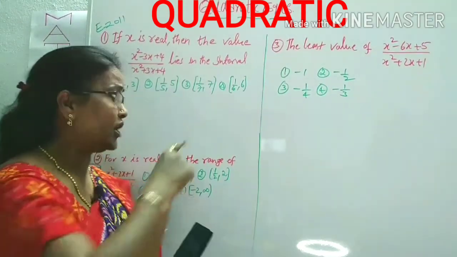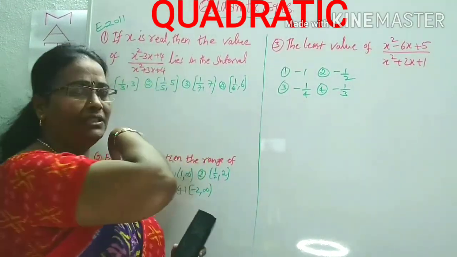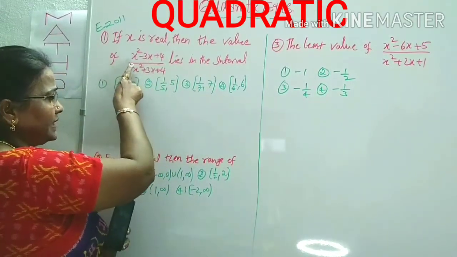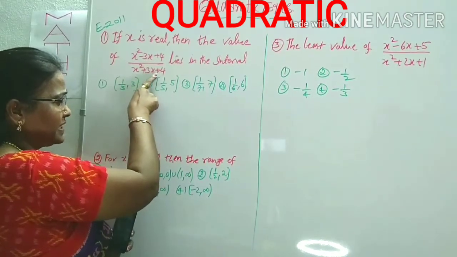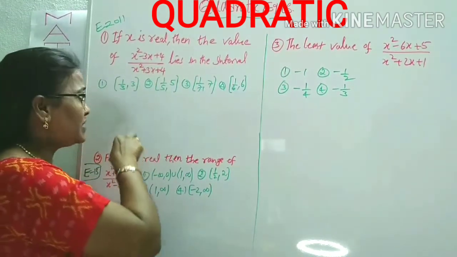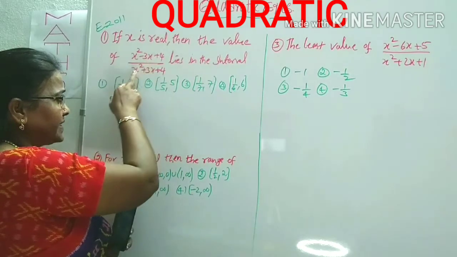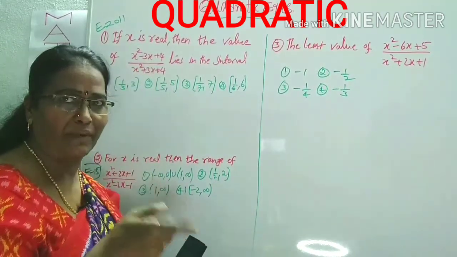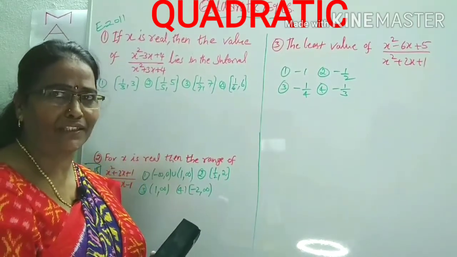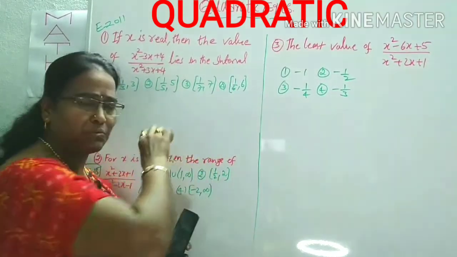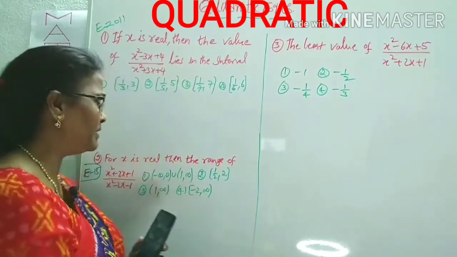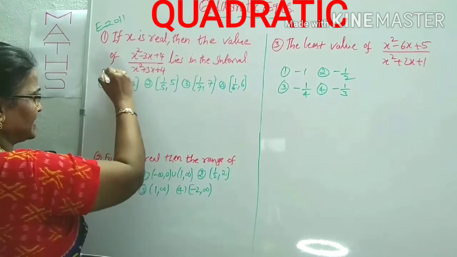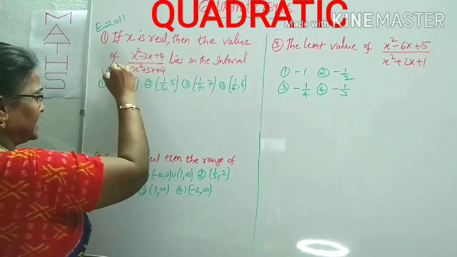In this short trick, first we observe the expression in question 1, (x square minus 3x plus 4) by (x square plus 3x plus 4). In this expression, you can observe that x square and 4 are the same, and the 3x terms are also the same, but the signs are varied, plus and minus. In such cases, to find the interval, that is the minimum value and maximum value, how can you find them? Suppose the expression is f(x). Let the expression be taken as f(x).